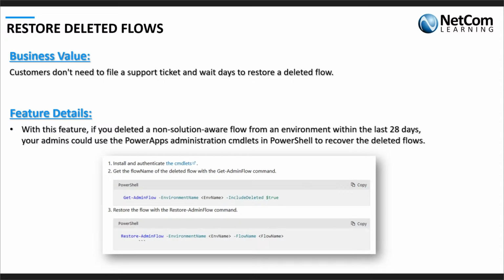Next is how you go about restoring deleted flows. We've all seen this when you work in Power Automate. You go about creating something, and rather than turning off your Power Automate flow, and you may not even have a backup, you go about deleting those flows, or maybe you've shared it with other people. And while working in a collaborative environment, maybe somebody did not know this is being executed, or somebody who has been newly introduced to it goes about deleting that particular Power Automate flow.